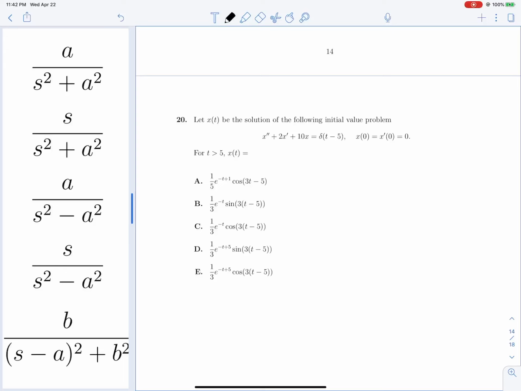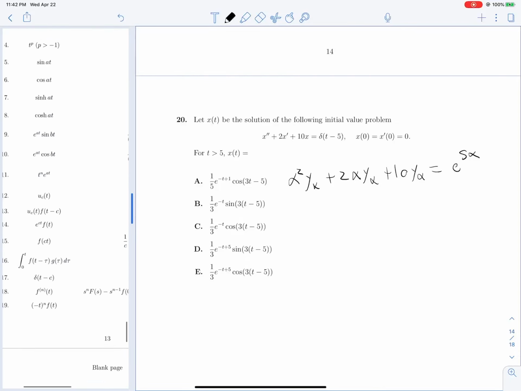So we will have alpha squared Y of alpha plus 2 alpha Y of alpha plus 10 Y of alpha is equal to e to the negative 5 alpha. And I'm getting that from